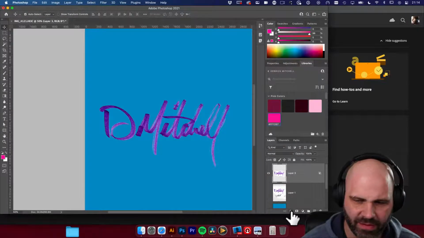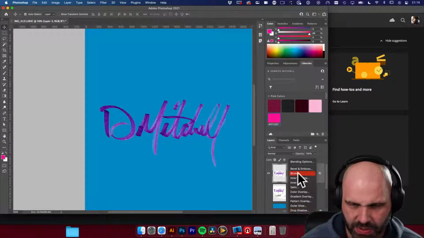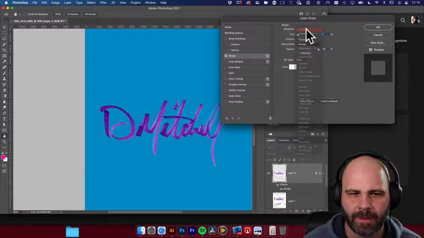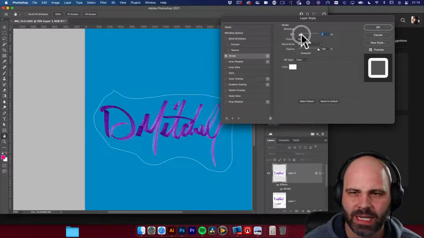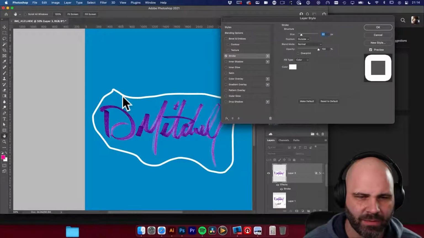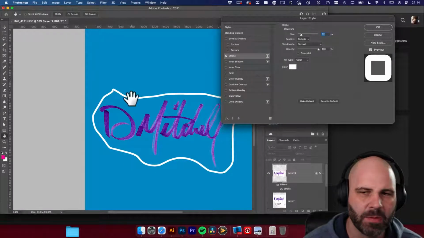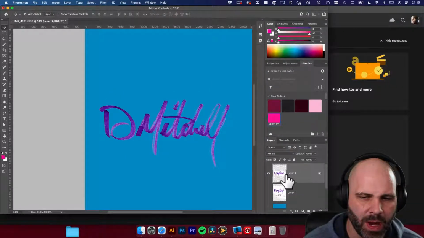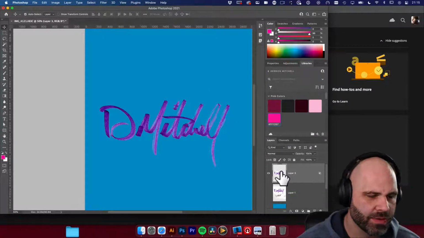If I add an effect to it, let's add a stroke to this. Instead of it stroking the shape, you can see that it sees where we made that selection to begin with. Well, that's not what we want. Let's cancel this. And to get this blend mode to go away and to just knock out those transparent pixels,